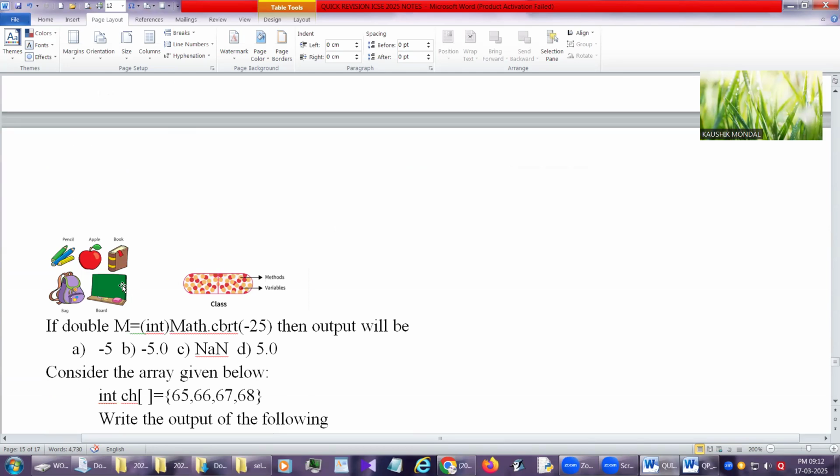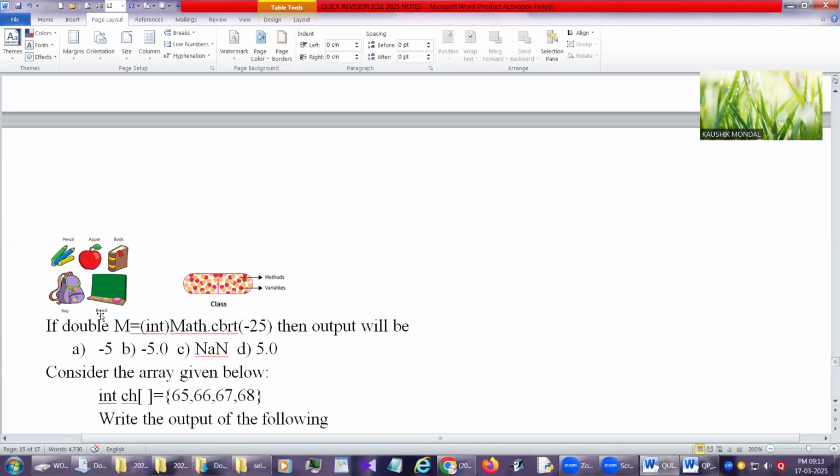First, you will get a picture based question. As an example, I can tell you that one first picture is given: pencil, apple, book, bags, and board. This picture depicts what topic of Java? Simply, this is a set of objects, not similar objects. Mind it, this is not a class. But the next one, wrapping up of data and functions together into a single unit, is called encapsulation. Another, one 4-storied shopping mall, each store has 10 shops. So this relates to what topic of Java?